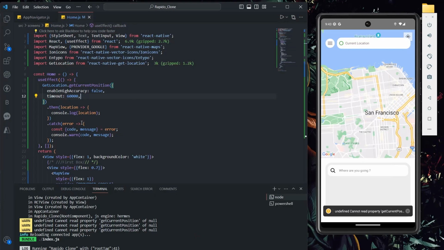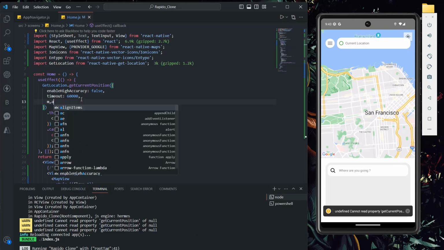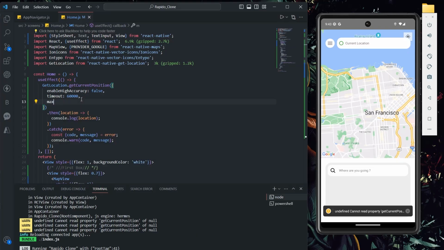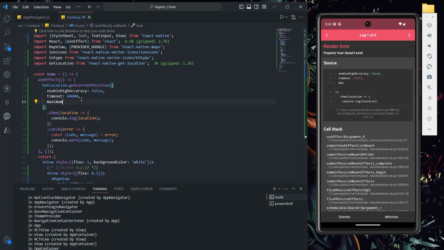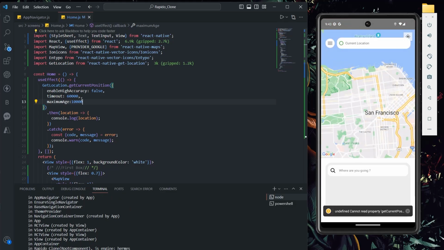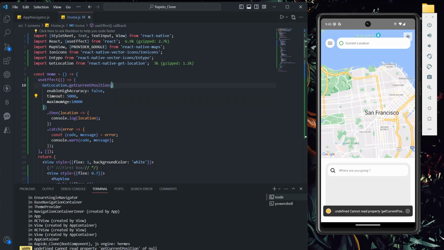There is one more property called max age. Maximum age, so we'll add this property. Maximum age will be 10,000 and timeout will be 5,000. I'll say it as 5,000, so it will wait until it's 5,000. And in fact, what I'm going to do is, let me